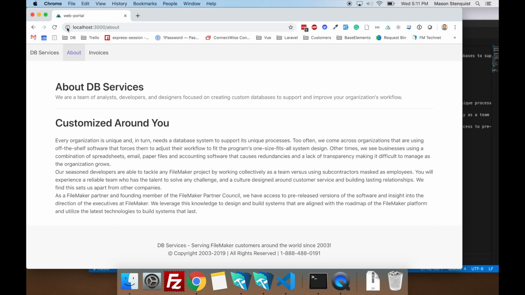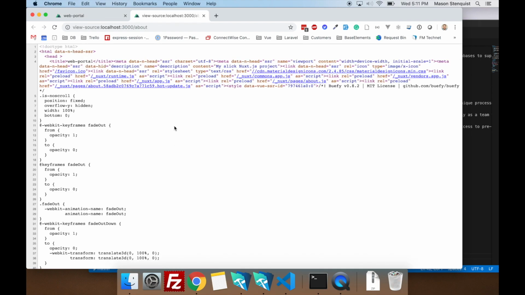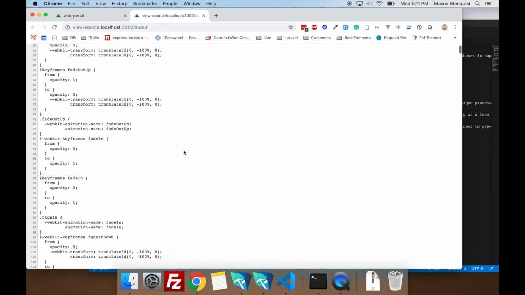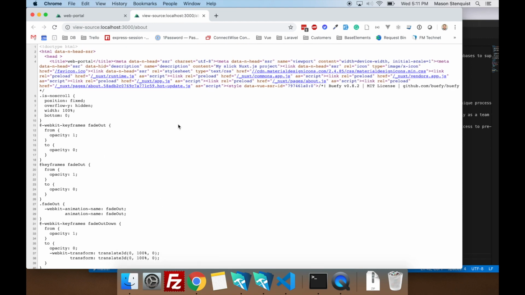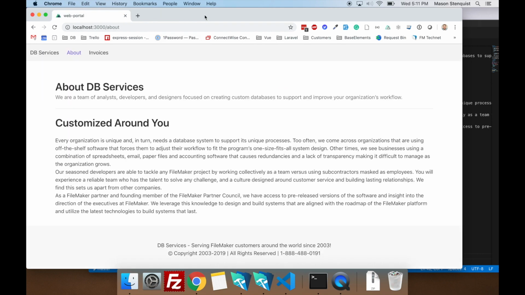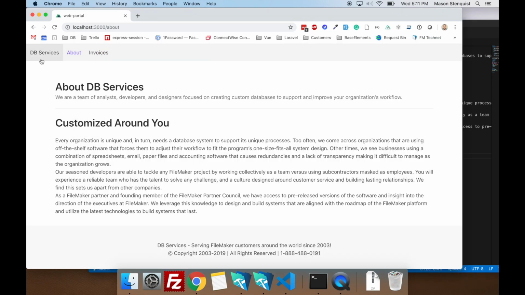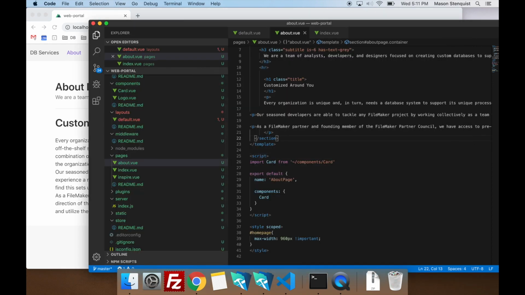But if I do a hard refresh, it still loads, and if I do view page source, this is not loading any JavaScript, but it still loaded everything that I need to show it here. All right, so we got that. We've got everything we can do without touching the back end yet. And so that's what's up next: the back end.